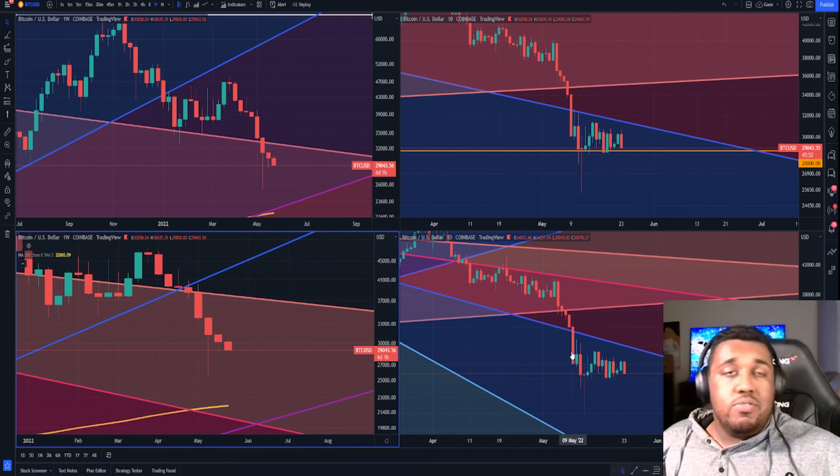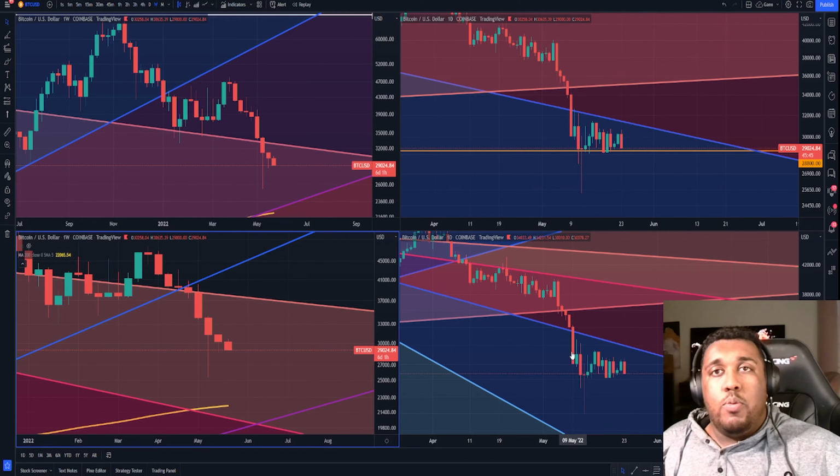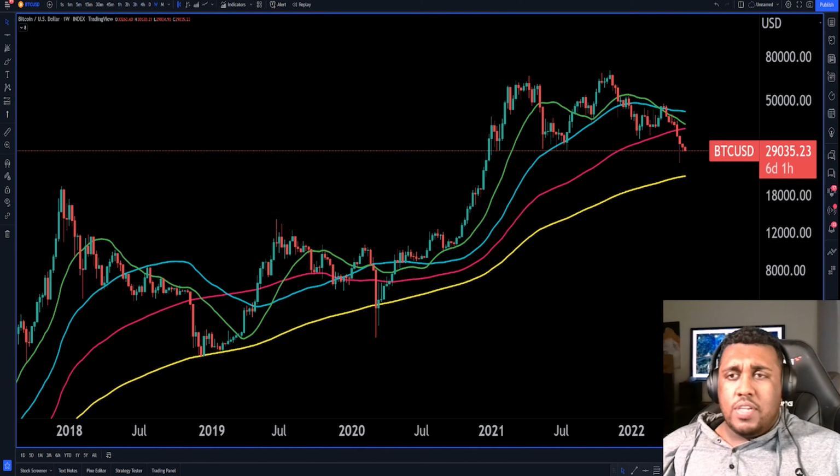So I'll be teaching you guys how to apply all this information together so you guys have a comprehensive view of when you want to start buying and when you actually want to start closing some of those positions in the marketplace, especially in a bear market, which can be very tricky for new investors. For now, we're going to start off with the Gann Fan levels,